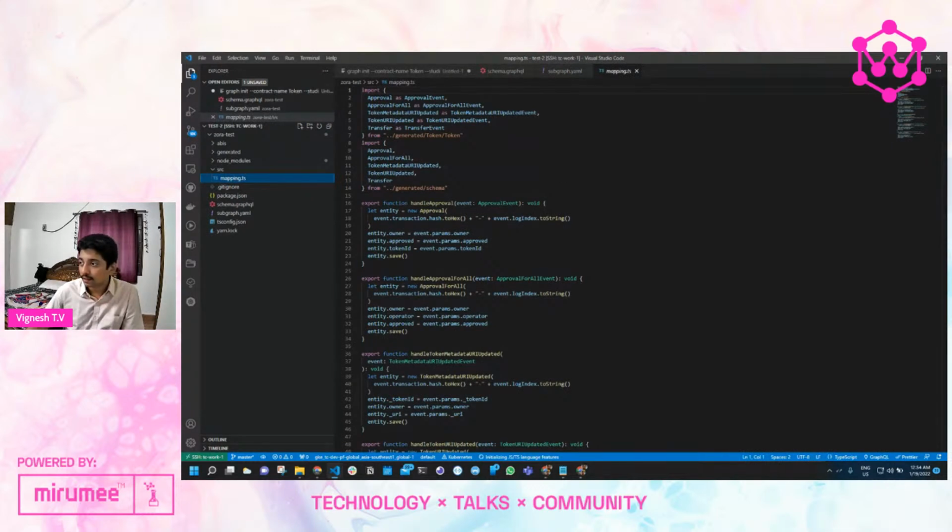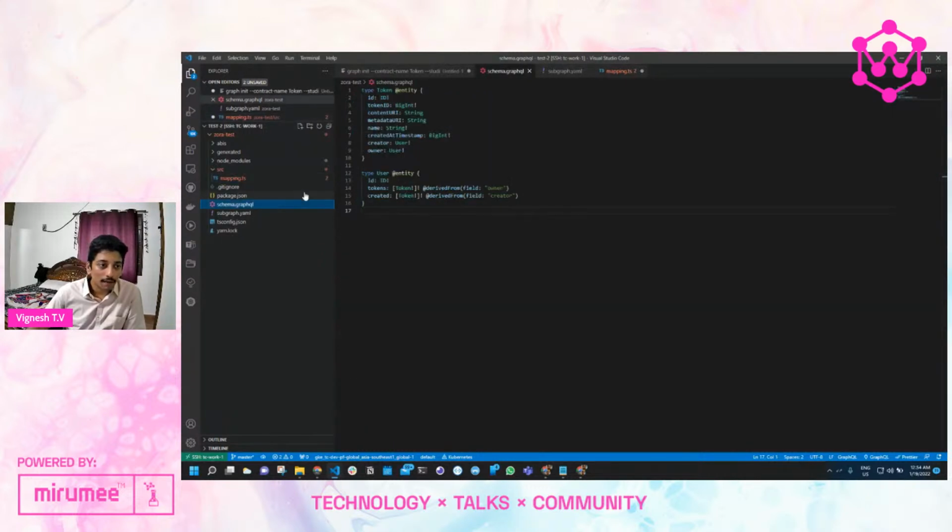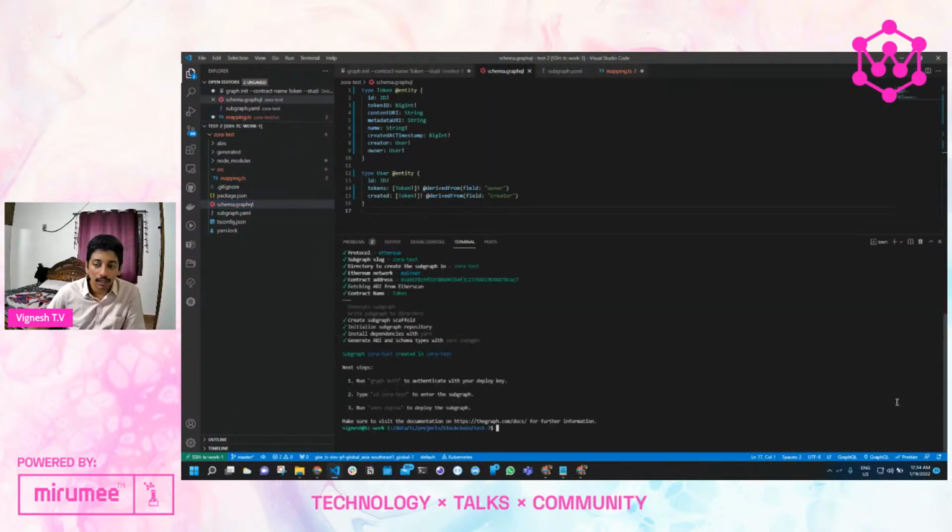Now the next thing is, again, I have the code already in place, so I'm just replacing the code for the sake of time. So we have all of these. Now that I have the schema in place, I need to basically generate the code. The first thing I need to do is generate the types for the respective schema from the code. So I run graph codegen,